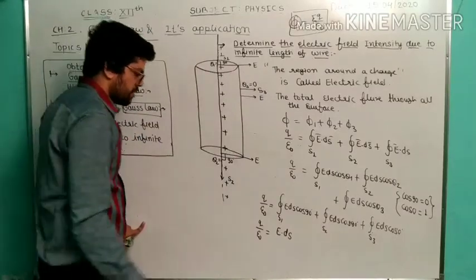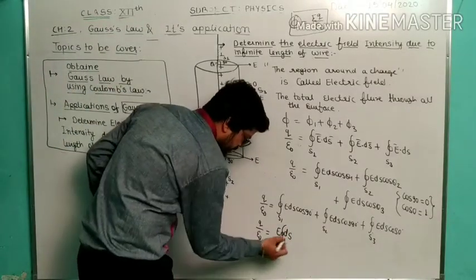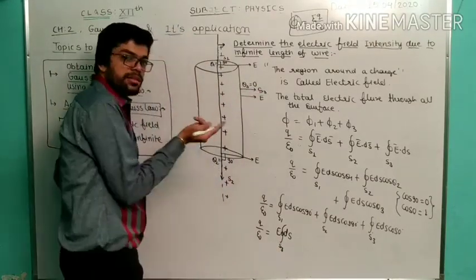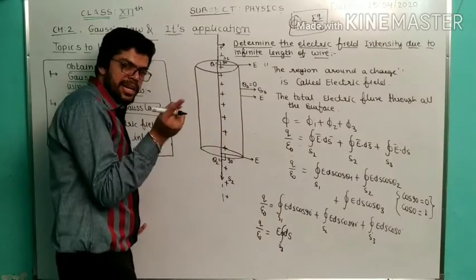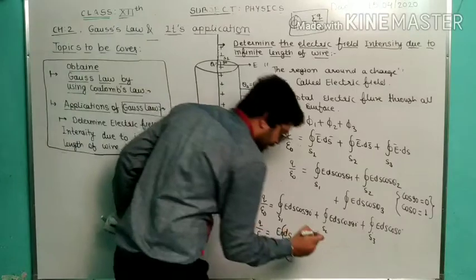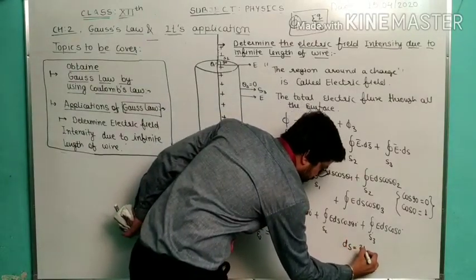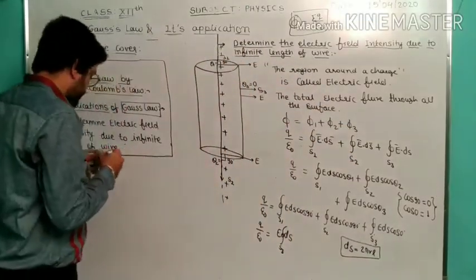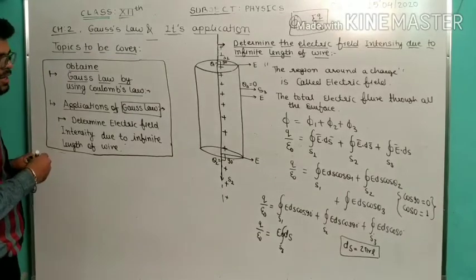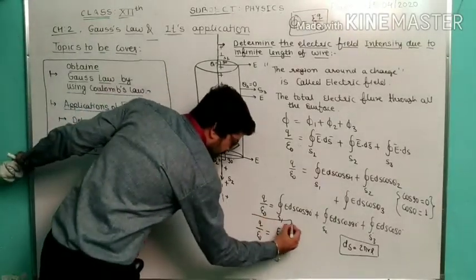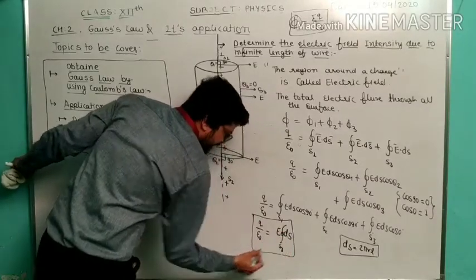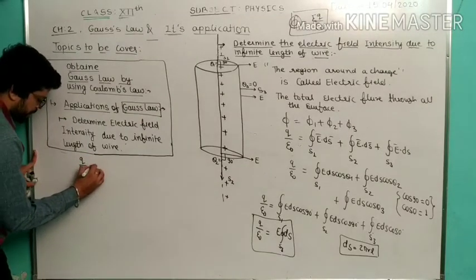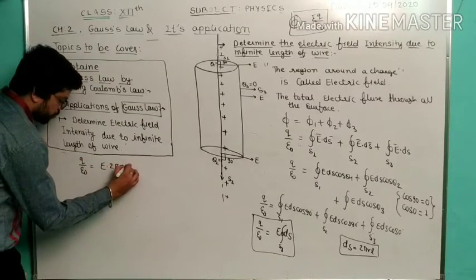E dot ds. Okay. So here we are going to use closed integration. E is the electric field coming outside. Can you tell me, S3 is the curved surface area? Curved surface area of cylinder. In 10th class we used to read about that. What is the curved surface area of the cylinder? The curved surface area of the cylinder is 2 pi RL. Okay. So I am going to put this closed integration sign S3, ds is replaced by 2 pi RL. So now q upon epsilon naught equals E multiplied with 2 pi RL.